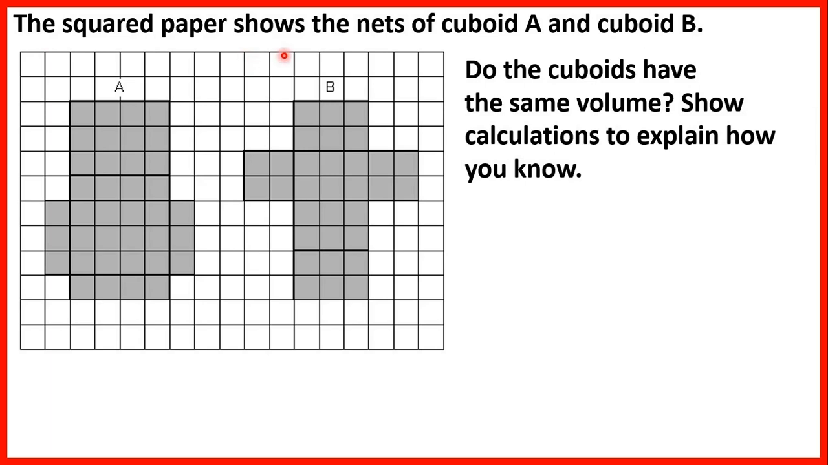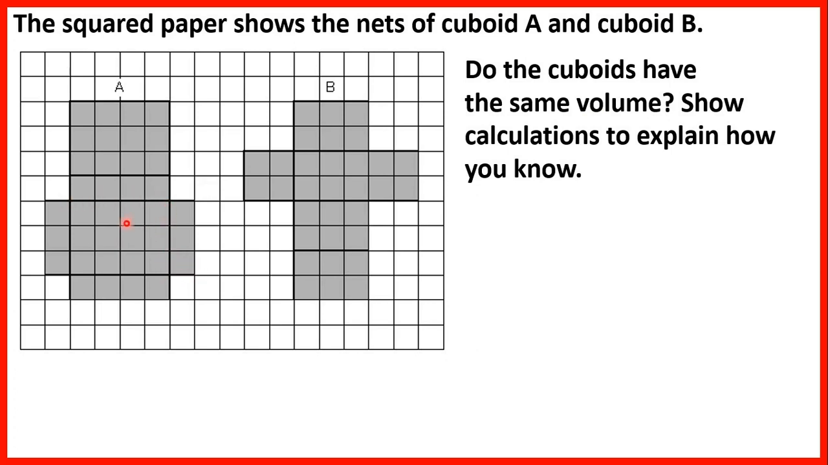The squared paper shows the nets of cuboid A and cuboid B. Do the cuboids have the same volume? Show calculations to explain how you know. So the volume is the amount of space that a 3D shape takes up. And if we have a cuboid, we can calculate the volume by working out the length times the width times